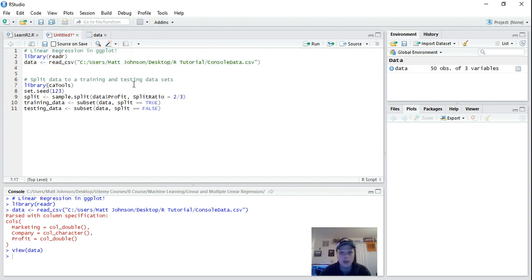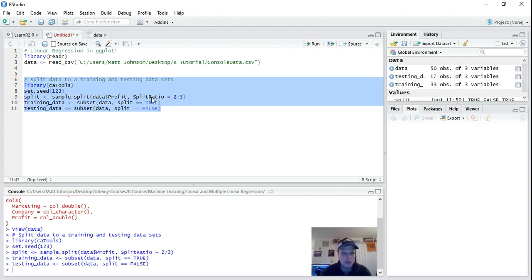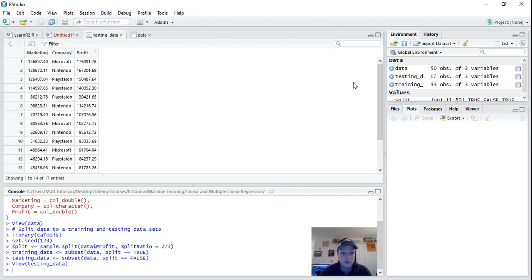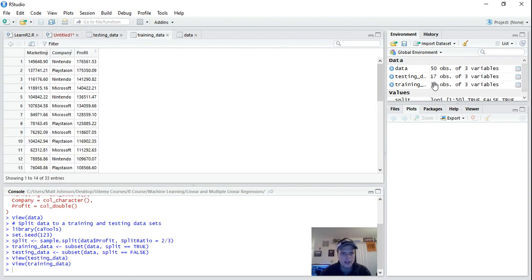So the more we spend on marketing, the more profit we're going to make. We're also going to introduce some machine learning concepts by creating a training and testing data set. We're going to use this caTools package in R to do that. I set this to be a split ratio of 2/3, and you can do some research and see exactly how you'd like to split up your data. But here you can see we have a testing and a training data set